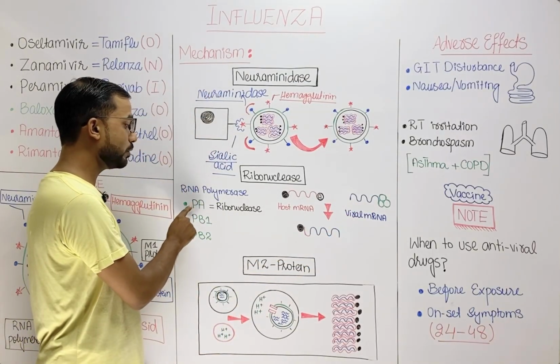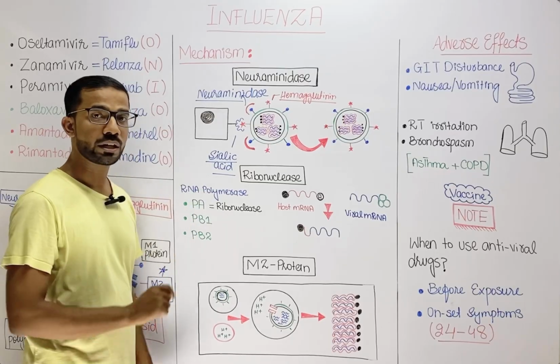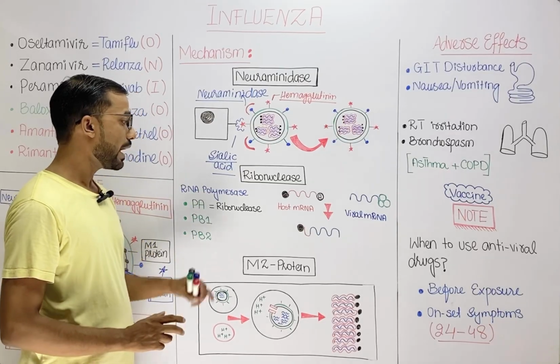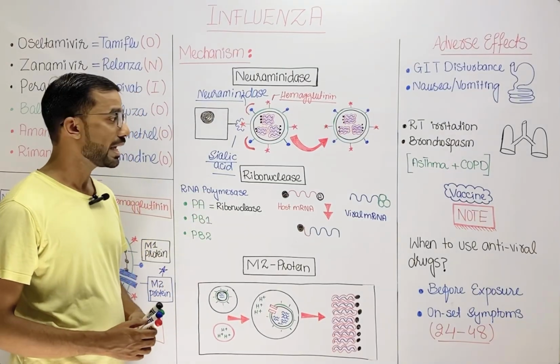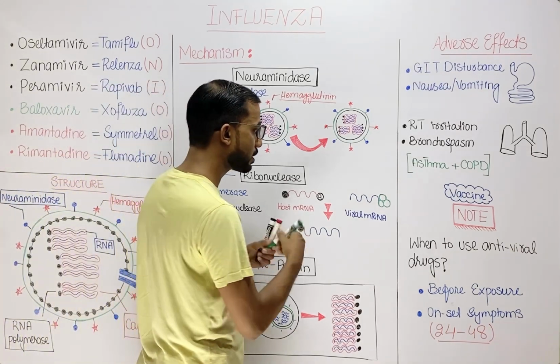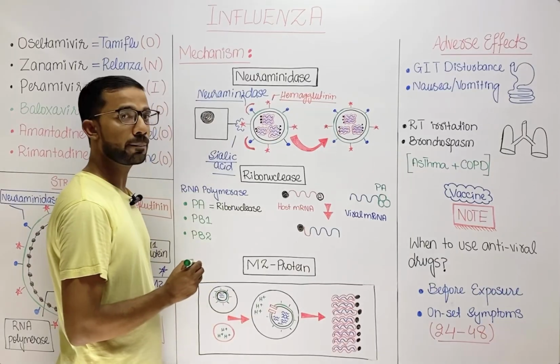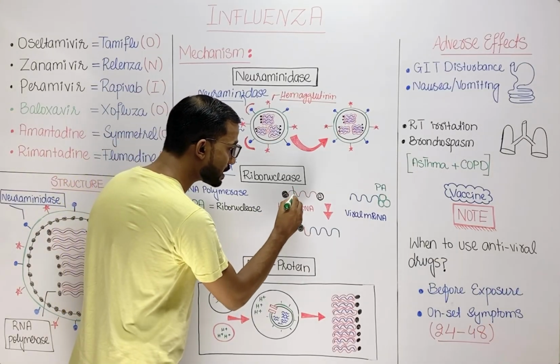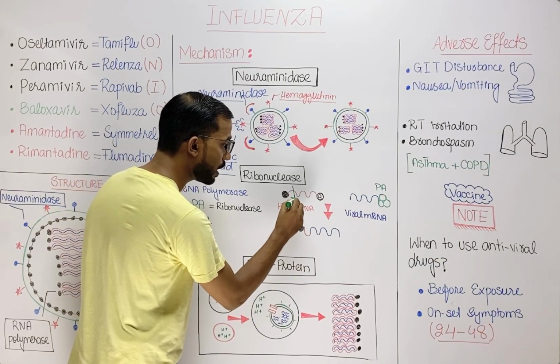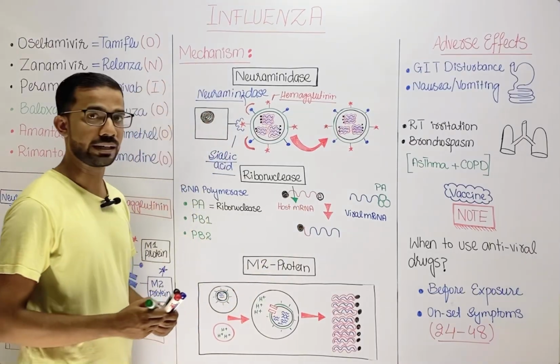The PA subunit of the RNA polymerase acts as an endonuclease. This PA component of the RNA polymerase cleaves this host messenger RNA head, and